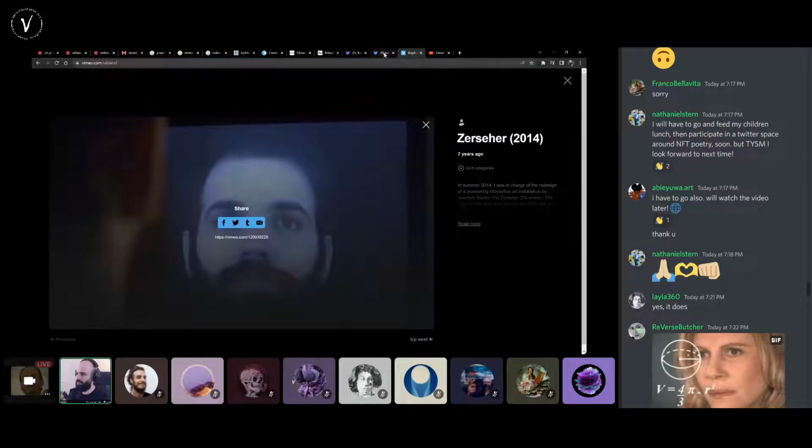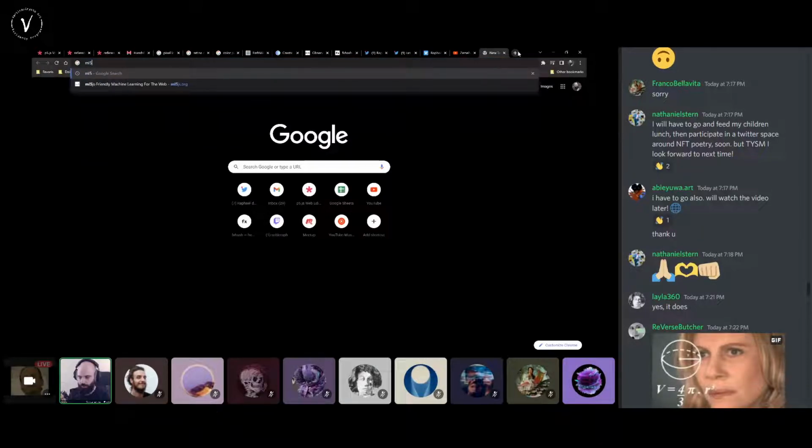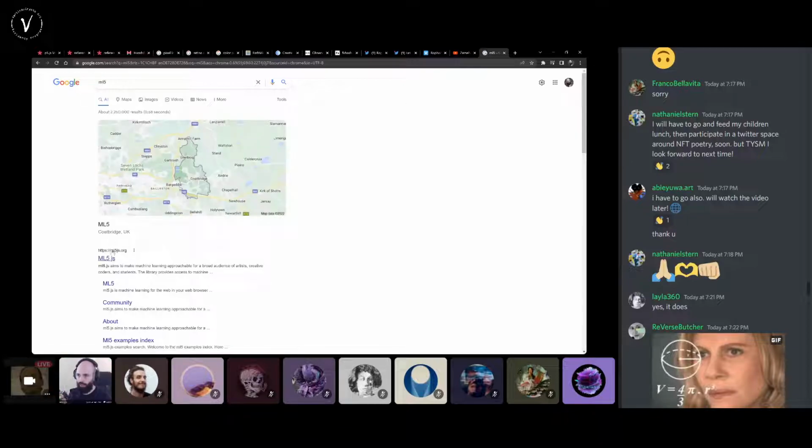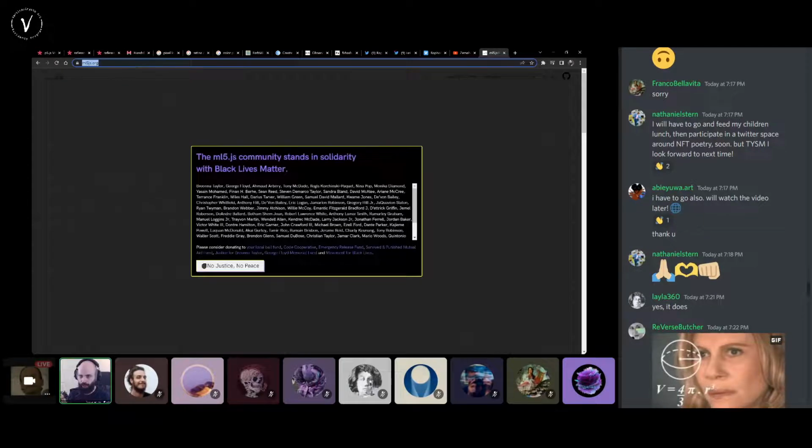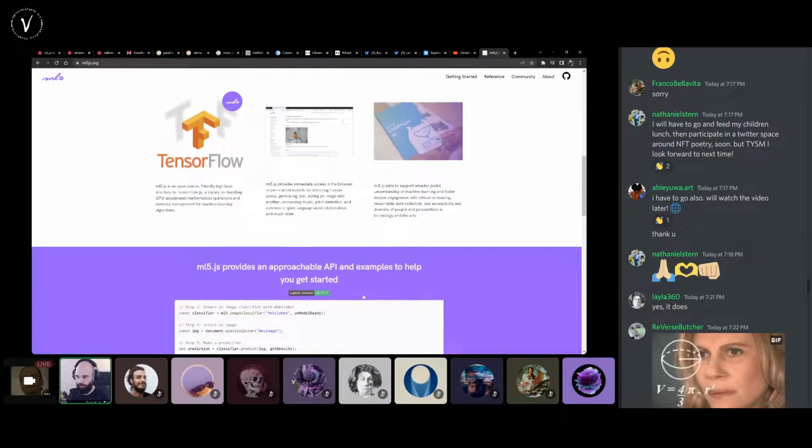The other question was, do you have any suggestions on what tools can extend interactivity in NFTs? Any libraries, artist-friendly for interaction via the browser, for example, with video camera? You can do that with p5.js. You can do interaction with video camera with p5.js. And if you want to do some more advanced stuff, I already talked about it at the beginning. You have ml5 and